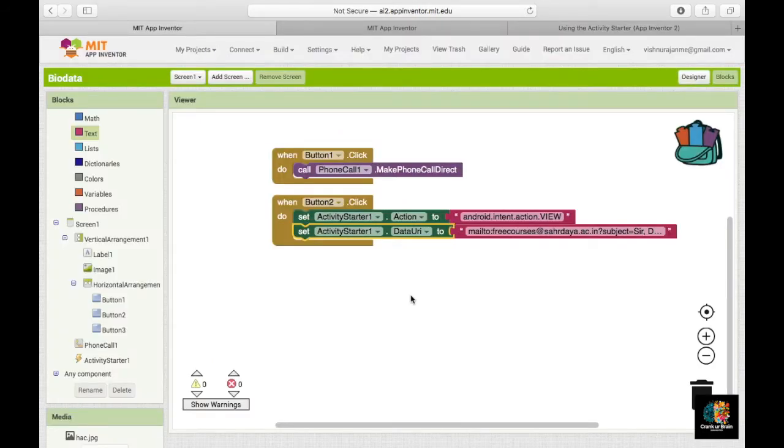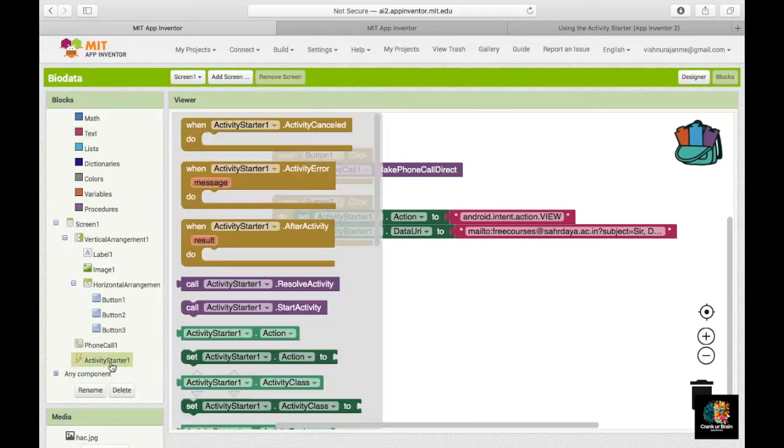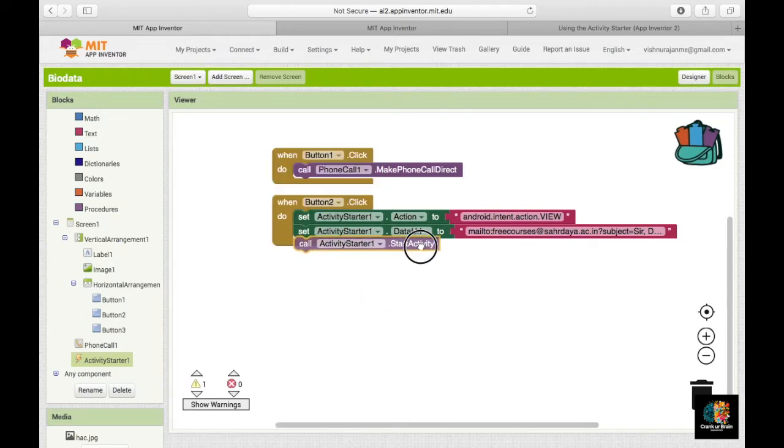Now one thing that you have to keep in mind is, even though I have given all these required commands, to start this activity whenever the button is clicked, I need to completely specify there to start the activity. So for that, again I will click on Activity Starter and you can just drag and drop this block, that is called ActivityStarter1.StartActivity.